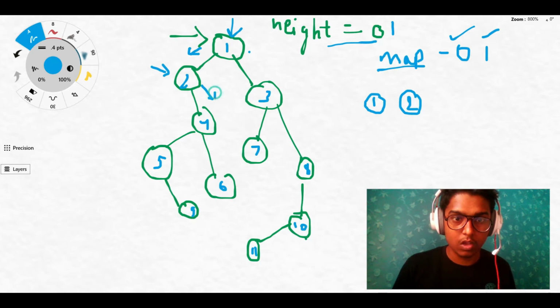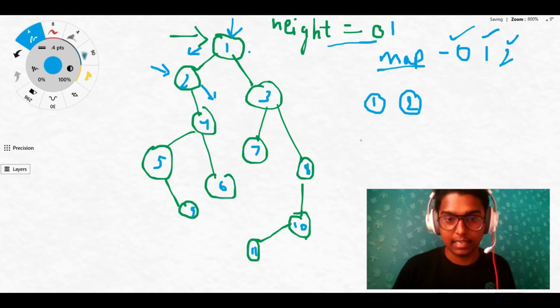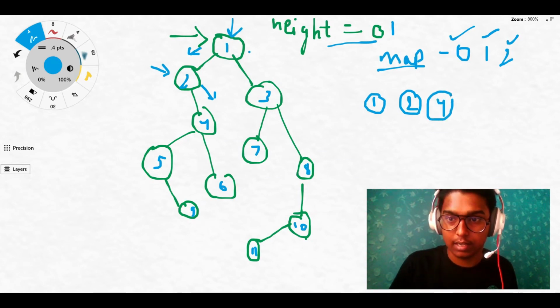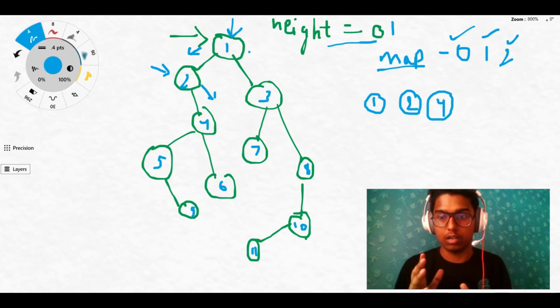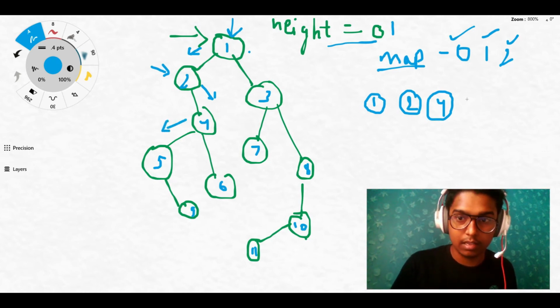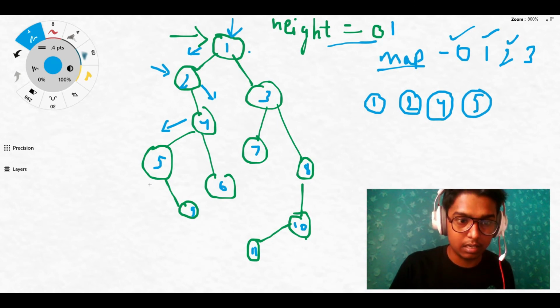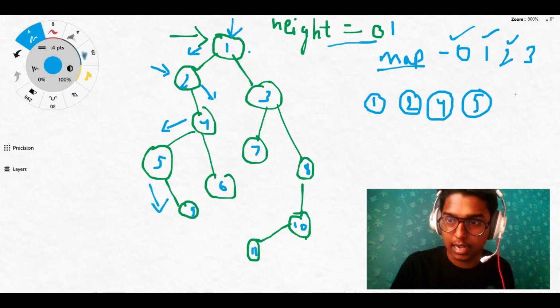So my height increased by 1 again, then my height is 2. I have not yet marked this height in the map, so I will write 4 here, that my left view now includes node number 4. Then I will go to left, mark 3, and print 5. Then I will go to right, and I will print 9, since I haven't encountered height 4 yet, okay.